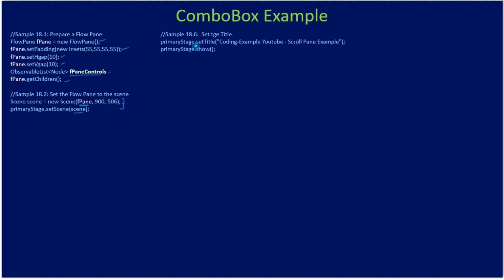Then here we are setting the title and showing. So the flow pane control is the one where we will add all our other controls. If you see, first we create a combo box,